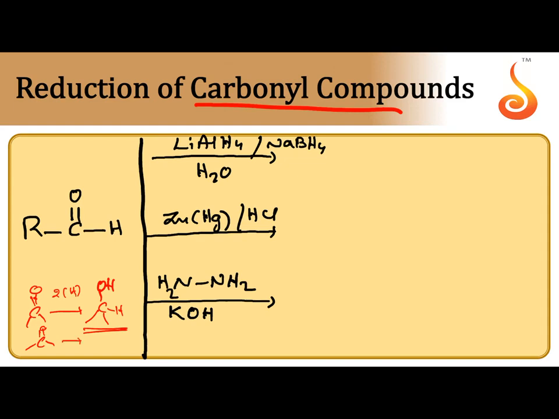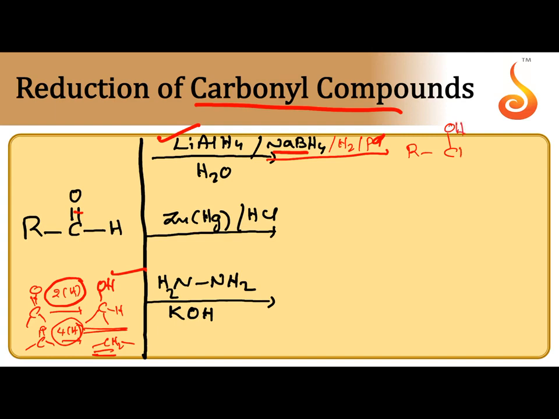Oxygen is removed as H2O and 2 more hydrogens are added. Totally 4 nascent hydrogens are involved. We can get CH2. So due to incomplete reduction, we can get alcohol. Due to complete reduction, we can get alkane. For the preparation of alcohol, incomplete reduction, lithium aluminum hydride or sodium borohydride or even hydrogen in the presence of palladium we can use. Then incomplete reduction takes place.